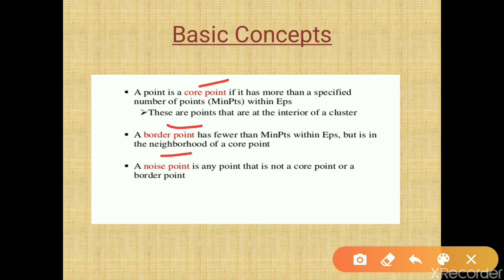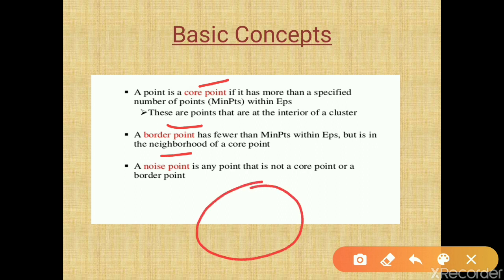So next is the core point. A point is a core point if it has more than the specified number of points within its epsilon.